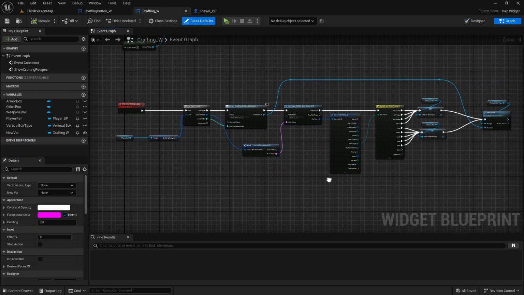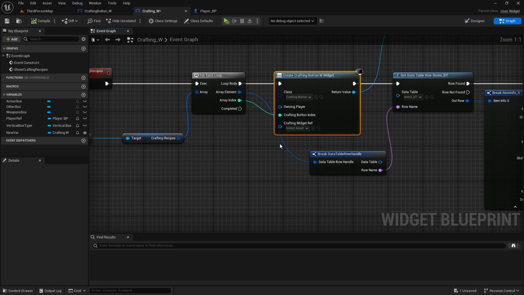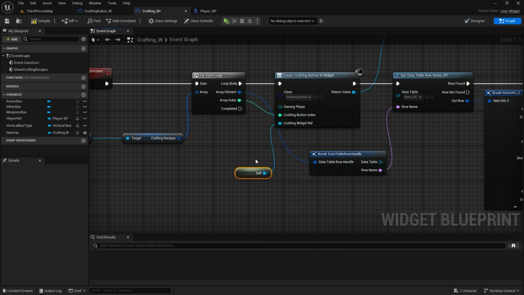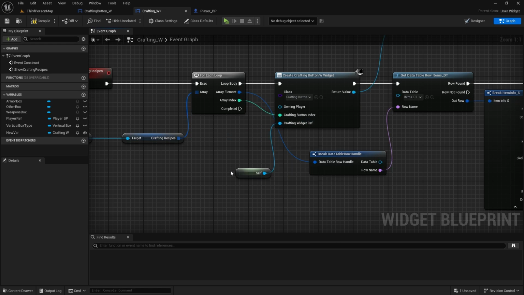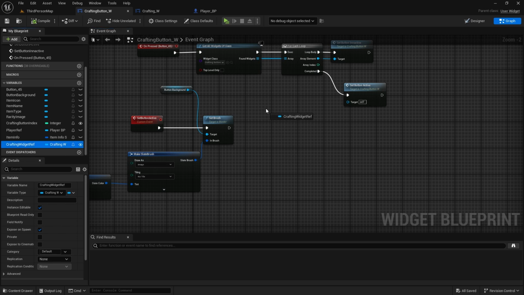And now again, back in crafting, where we're spawning the crafting button, we'll refresh this. And now to set the widget reference, it's basically us. We need the reference to self. So get reference to self. All right. And make sure you turn back on the context sensitive if it doesn't turn on, so you don't have a bunch of rubbish in there. And now basically we set the reference for this crafting widget to the crafting button. And now we can just get the crafting widget reference,